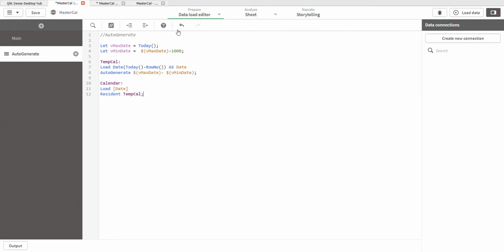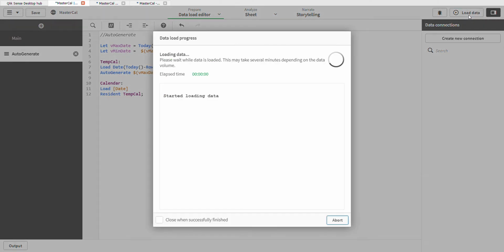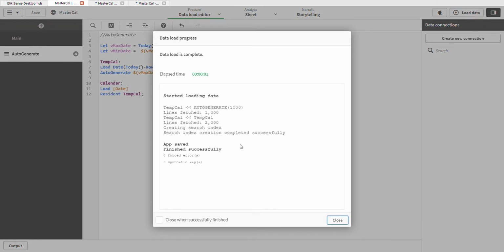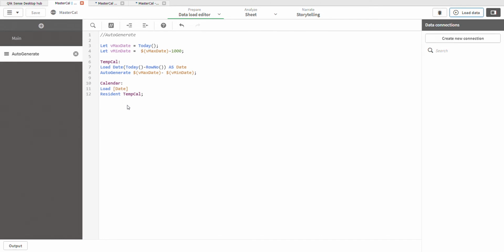Okay, so I'm using, by the way, the desktop version, but everything would be the same regardless of whether it's a desktop or the other versions. So here we go. I have created, oh sorry, I need to drop temp calendar because I have used it,